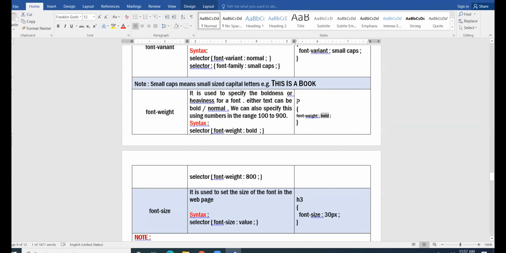Now see in this example, in the paragraph tag, you have enclosed one paragraph and you want the paragraph to appear bold. For that, you apply the font-weight property and give the value bold. Right? Am I clear?